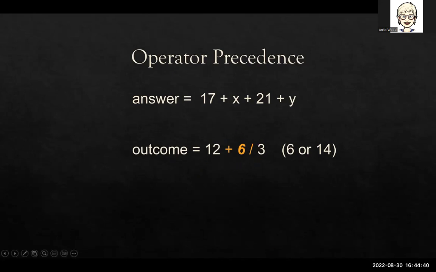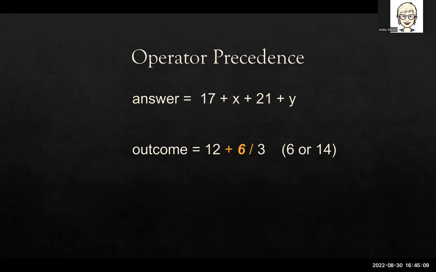The 6 is used as an operand for both the addition operator and the division operator. So the outcome variable could be assigned either 6 or 14, depending on when the division takes place. Now the answer is 14, because the division operator has what's called a higher precedence